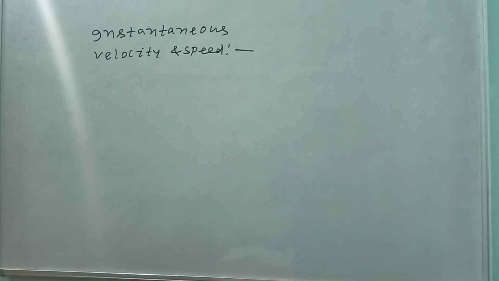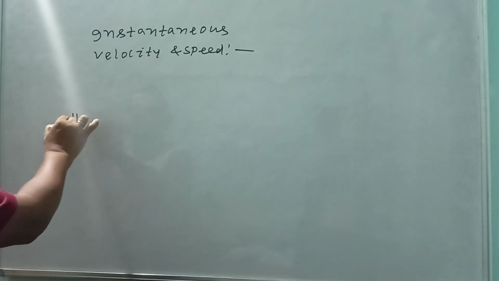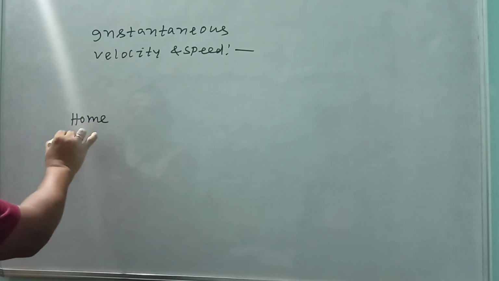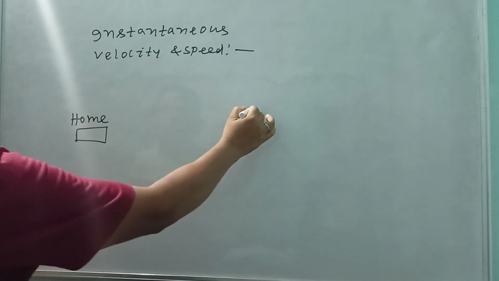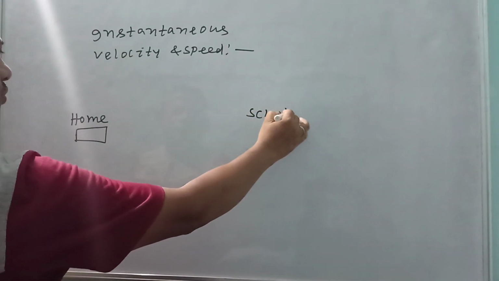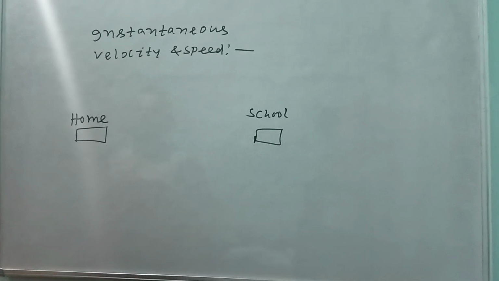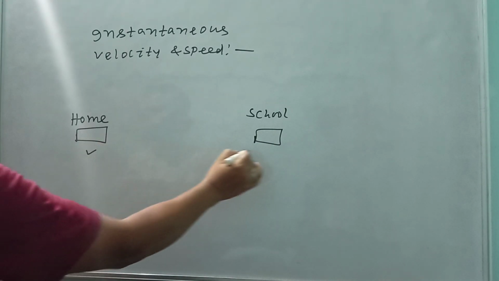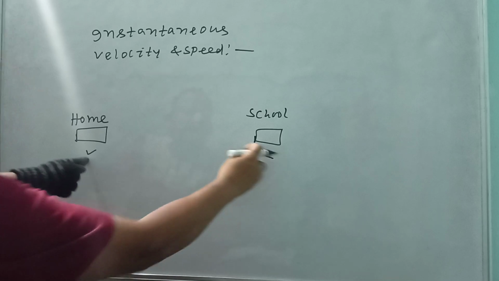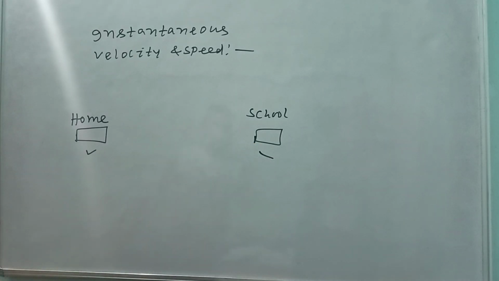moves over a given interval of time. That is your average velocity. Suppose I say this is your home. This is your school. From home to school, or in this time interval, how fast an object moves or how fast you move,